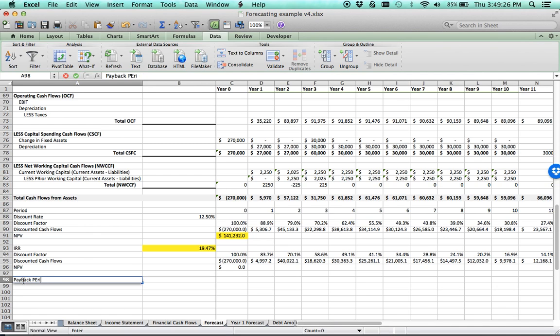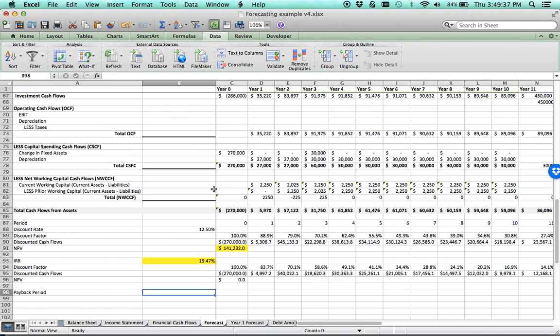The last thing that you would need to do here is to calculate a payback period. Again, I'm not going to show you how to do it in Excel because that seems a little bit silly. It's actually a somewhat tedious thing. The concept of a payback period is that you want to take the cash flows and build up this cumulative cash flow until you get to the point that you've paid everything off. And so what you want here is the cumulative cash flows. So it's equal to that, equals to that, plus